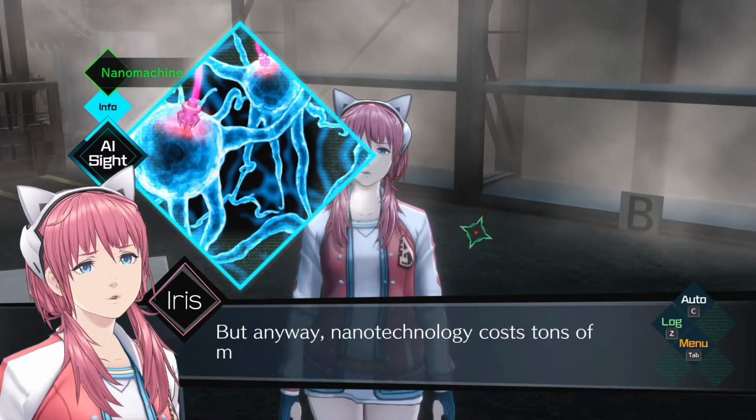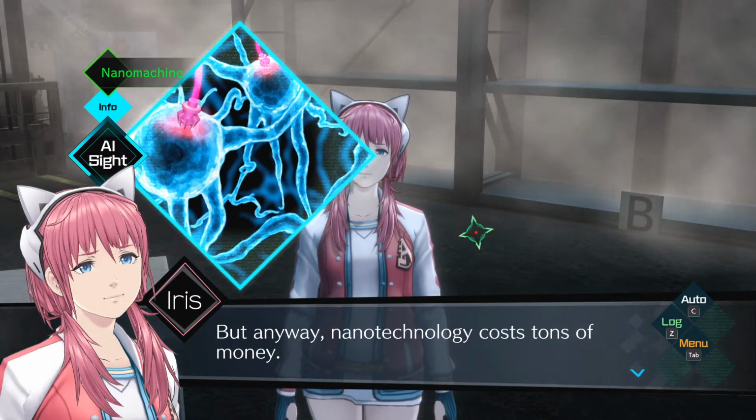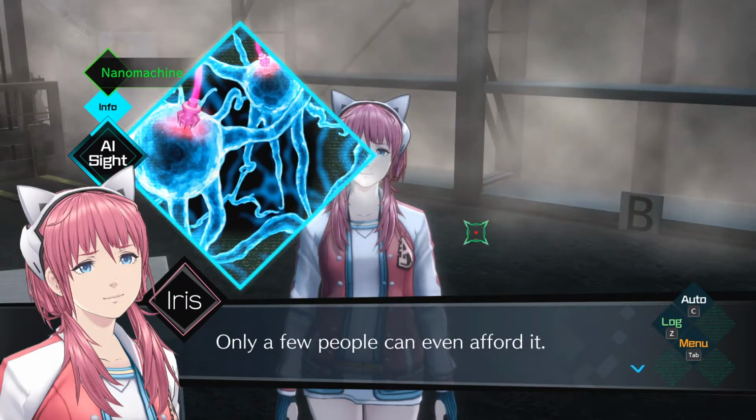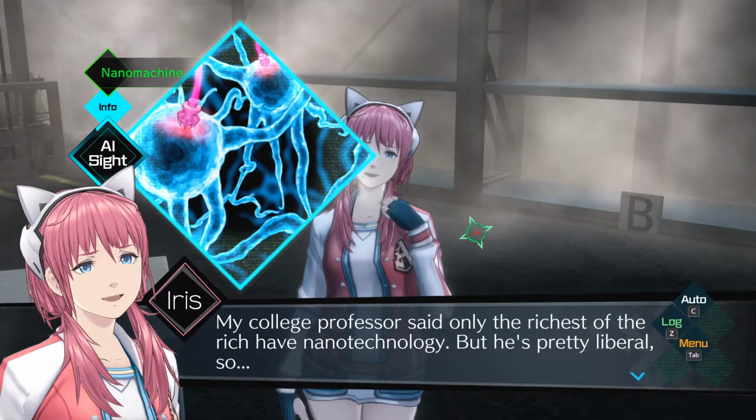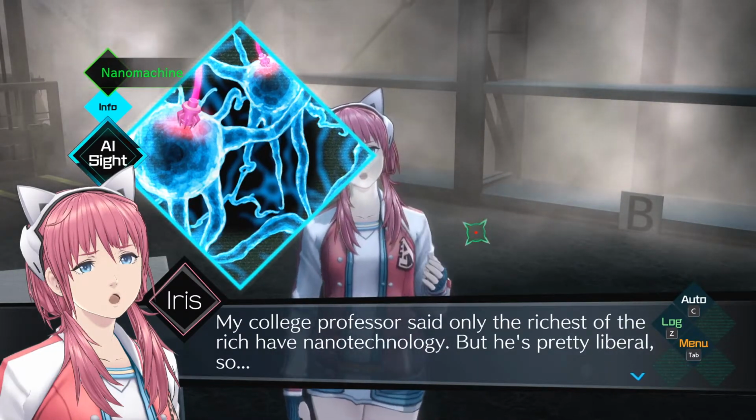But anyway, nanotechnology costs tons of money. Only a few people can even afford it. My college professor said only the richest of the rich have nanotechnology. But he's pretty liberal, so...